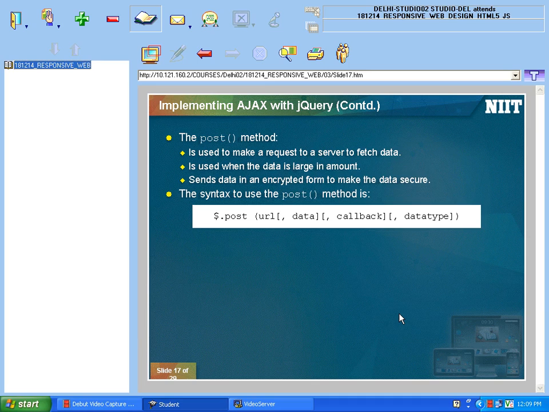I want to send data from my client machine to my server, and then my server will receive that data and send it back to me. Okay, you getting my meaning? I will send data from my client machine, the server will receive that, and it will send it back to me. Let's have an example here again for this.